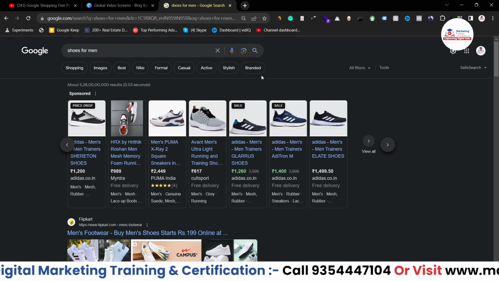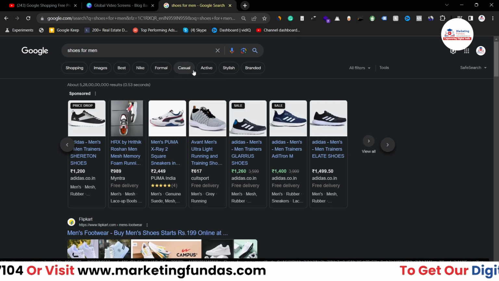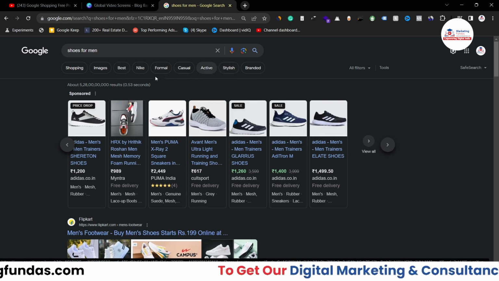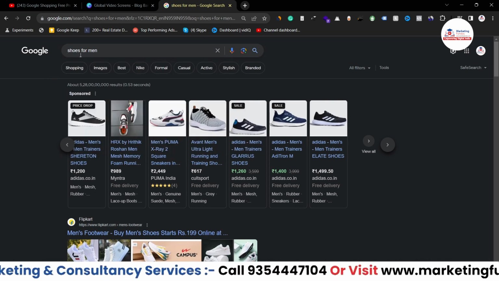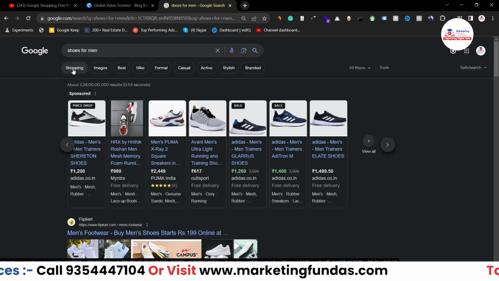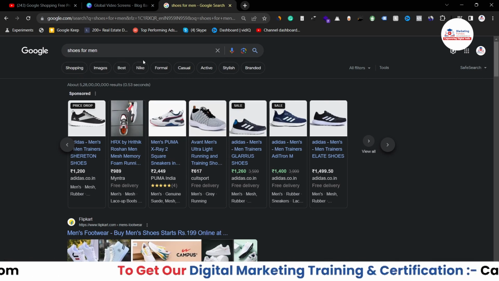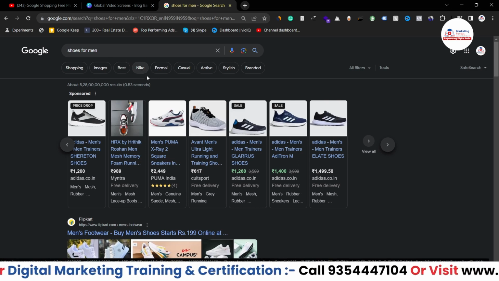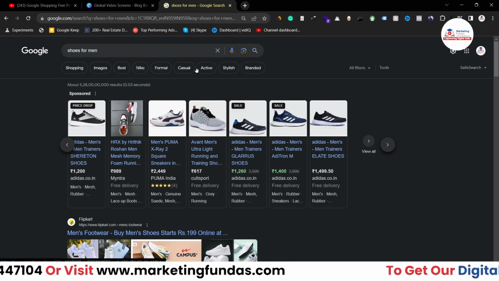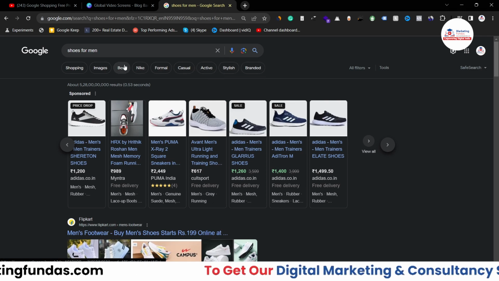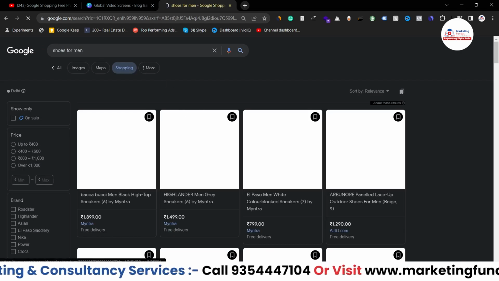Well, here you can see some tabs, right? These are the customized tabs according to the keyword you have entered on Google. As you can see here, the first tab is shopping, then we have images, best, then we have the brand name Nike. If you click on this, you'll be able to see all the shoes from Nike, right? Then we have formal, casual, active, stylish. So tons of tabs are here, and when we click on this shopping tab, you'll be able to see this